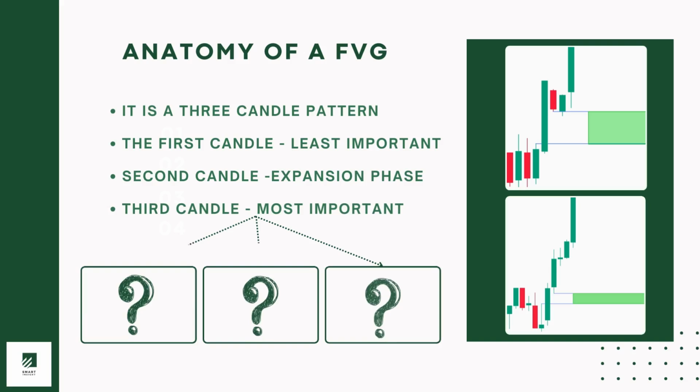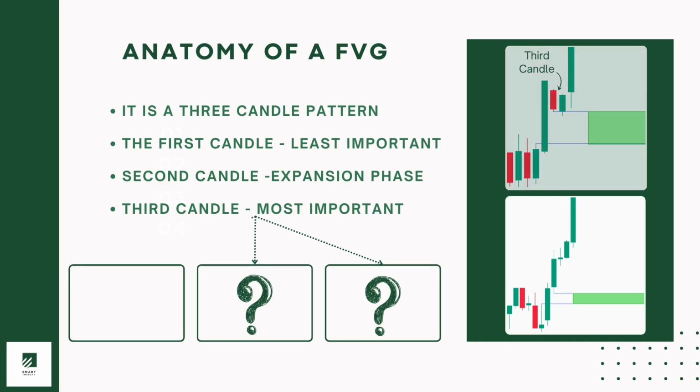Now, the third candle can do one of 3 things. These are the only 3 scenarios that are possible. In one scenario, we don't get a fair value gap, and in the other 2 scenarios, we get fair value gaps, but they are of a slightly different kind. Okay. Scenario number 1, this candle is a kind of a consolidation candle. It doesn't do much. It might just trade a little bit above the high of the second candle or not, or it can just consolidate in a small range but does not trade into the high of the first candle, and most importantly it closes below the high of the second candle, thus giving us a fair value